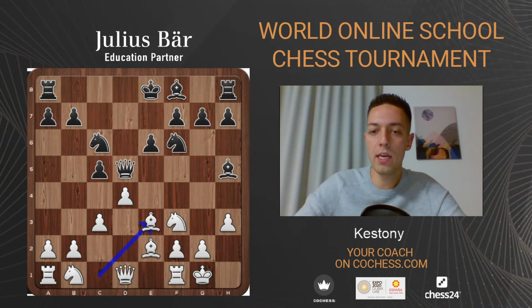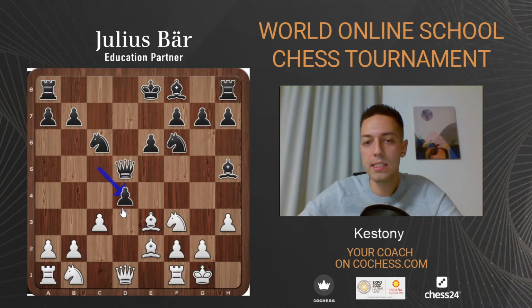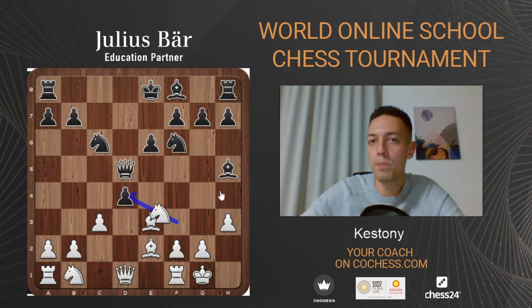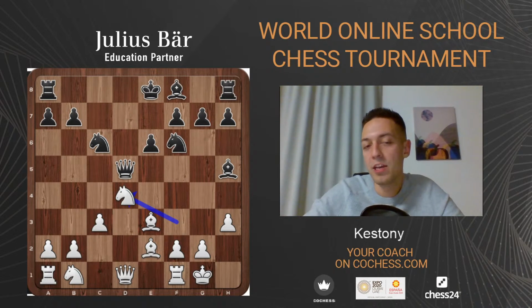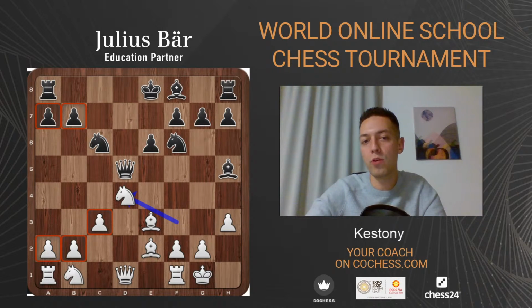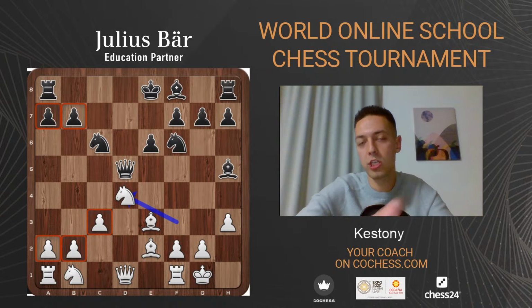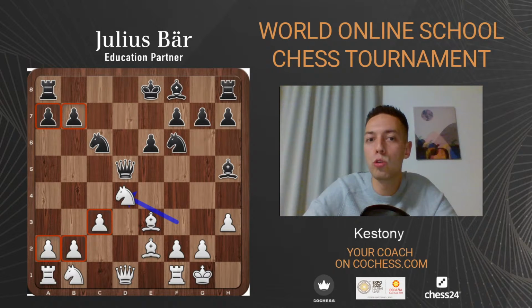Now after bishop e3, it forces Black pretty much to take on d4, as we're threatening maybe to take ourselves otherwise. So c takes d4. If you want to play the exchange Ruy Lopez style, you could take with the knight, where we have pawn majority on the king side and the possibility of creating a passed pawn on the queen side in the endgame, which is an outside one. So objectively this is equal, but I prefer White in the endgame, as it's just easier to push that queenside majority, and this is one of the go-to and main plans in the c3 Sicilian for White as well.